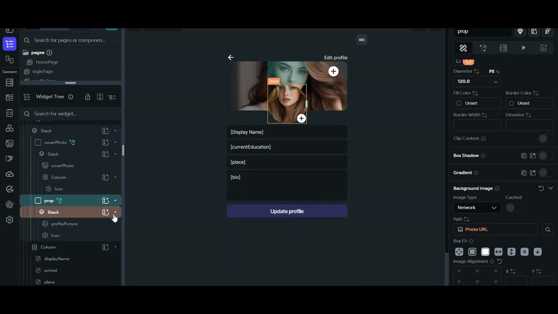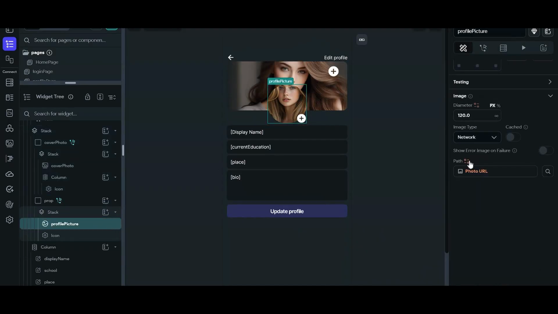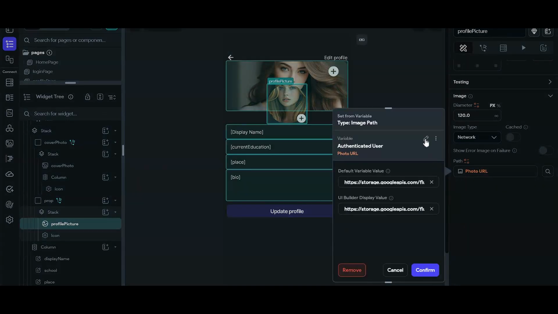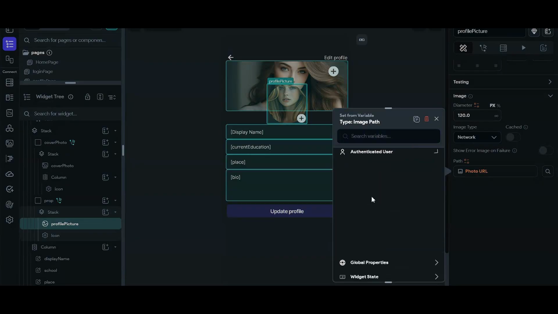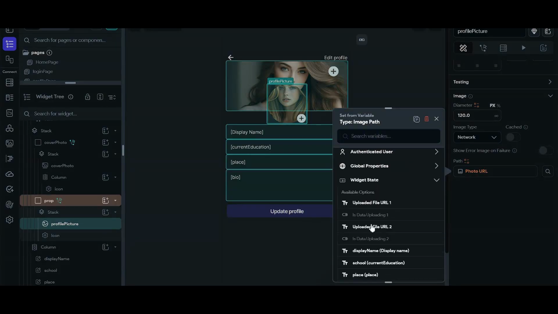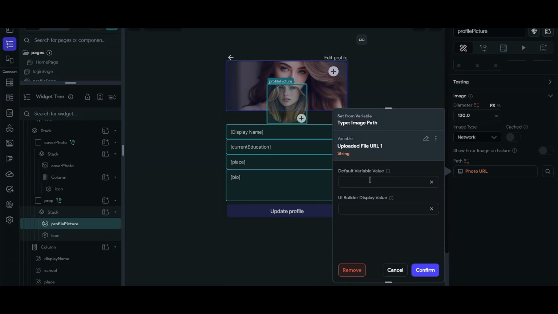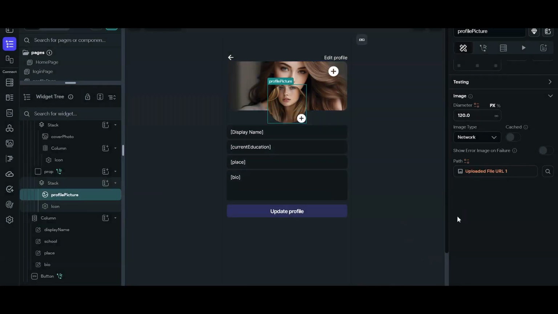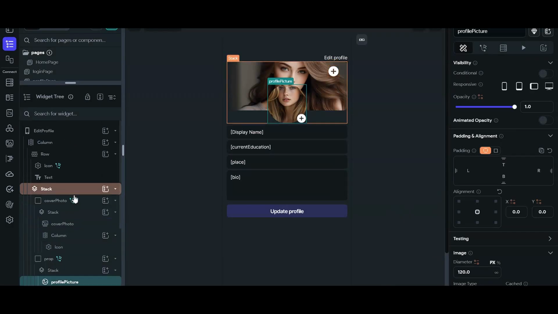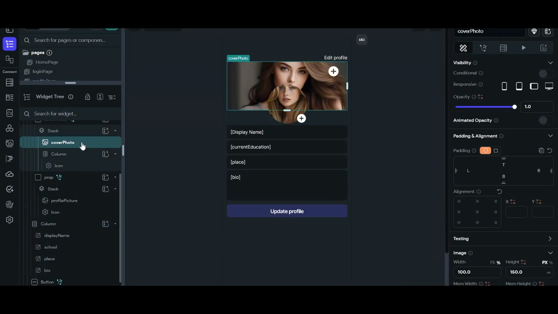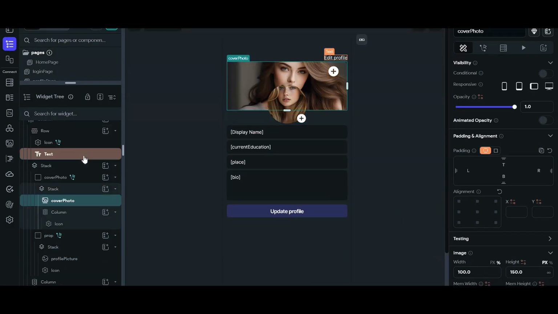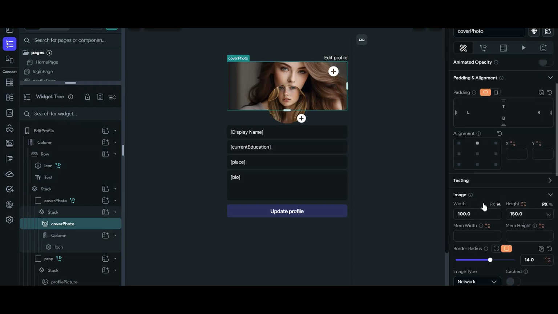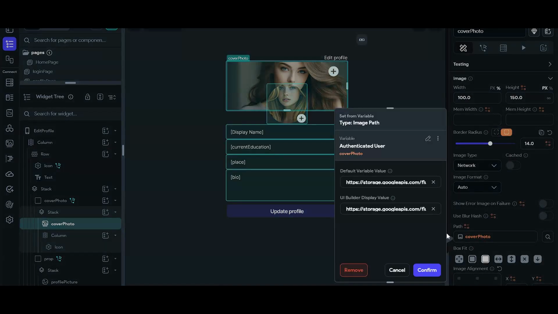We can set the background image as the profile picture if it's already uploaded, and the main profile picture circle image should be from the widget state, the uploaded file URL 1, and that's it. And we will do the same for the background image, I mean cover photo. We will copy the cover photo path from here,